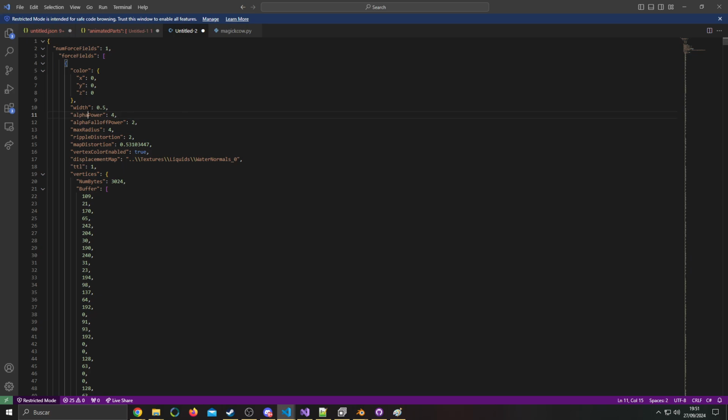Like, it's got alpha power, alpha fall off, max radius, ripple, distortion, right? So these things right here, I assume they are the radius and the distortion for the ripple effects and map distortion values. And there's something curious, because there's one saying vertex color enable, and I don't really think it's even used, because